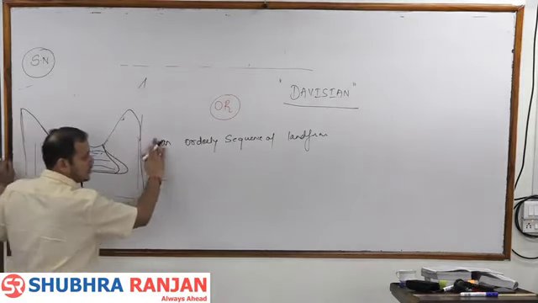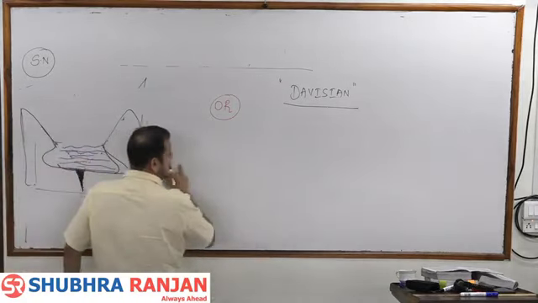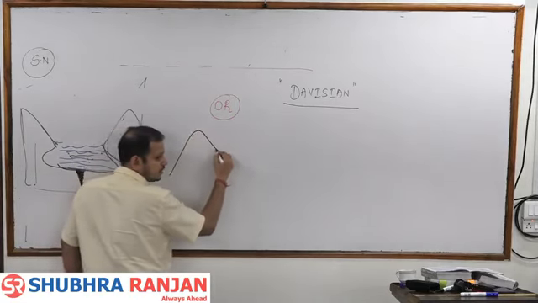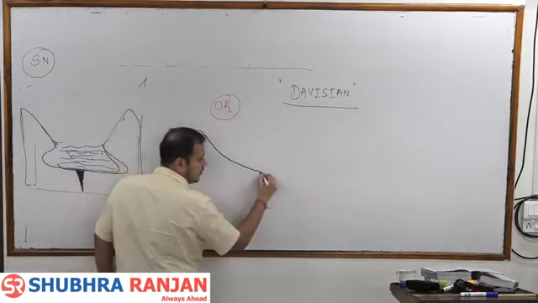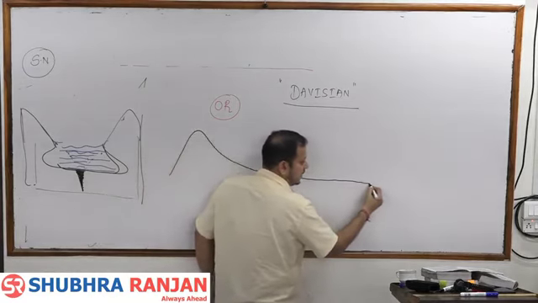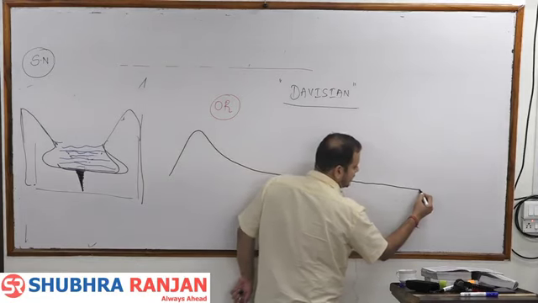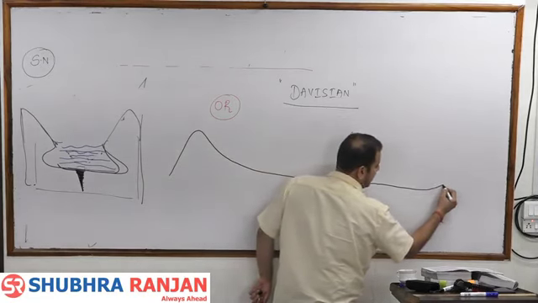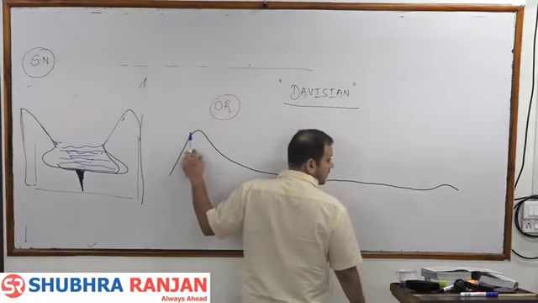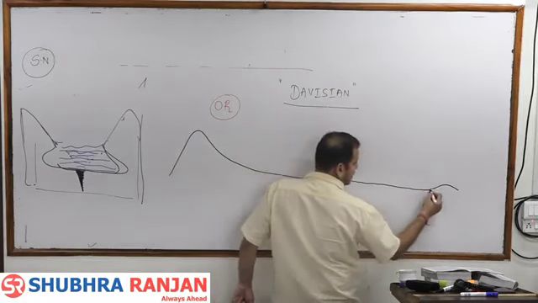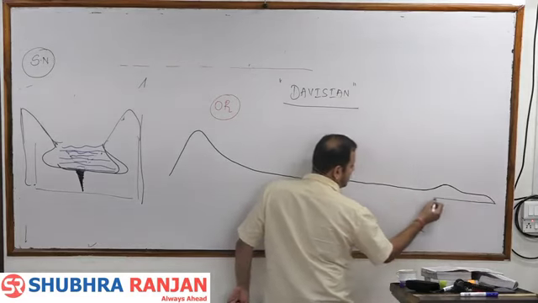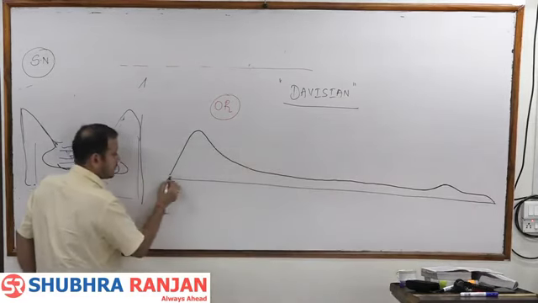So what does Davis say? Davis says that initially the height of the landform is greater in the form of mountains, fine, and over the period of time the height of the landform will be reduced. They will form plateaus, and ultimately it will be reduced to such an extent that it will be near the sea level, except that the mountain which is made up of tough rocks will not be destroyed and will become a hill. So the Davisian cycle is especially this.